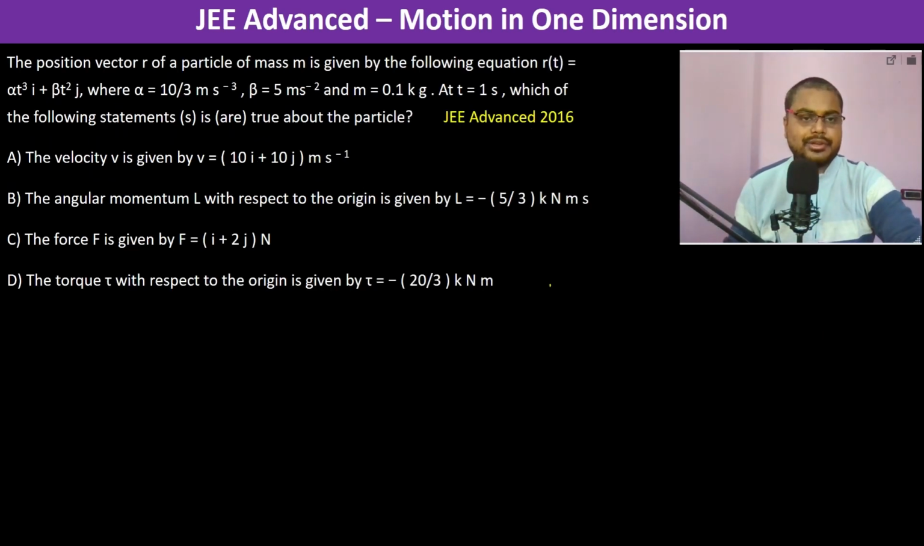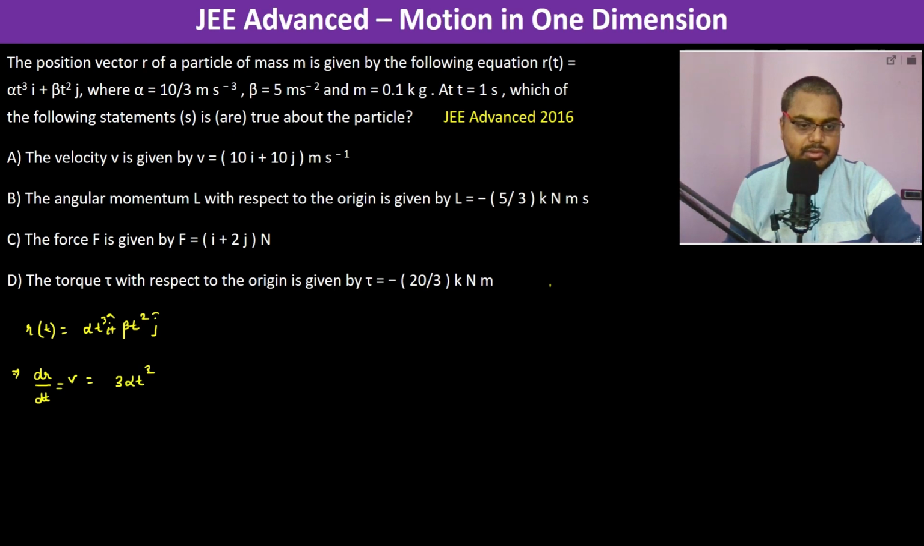The position vector is given by this equation: r equals alpha t cubed I cap plus beta t squared J cap. At t equals 1 second, which of the following is true? So we differentiate, dr by dt, which is velocity. This becomes 3 alpha t squared I cap plus 2 beta t J cap,